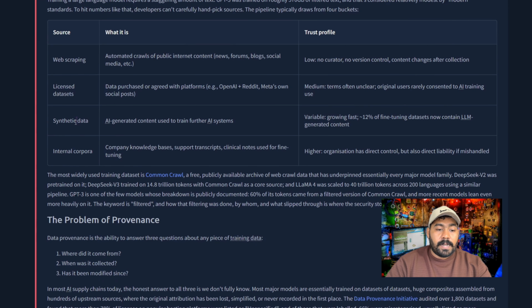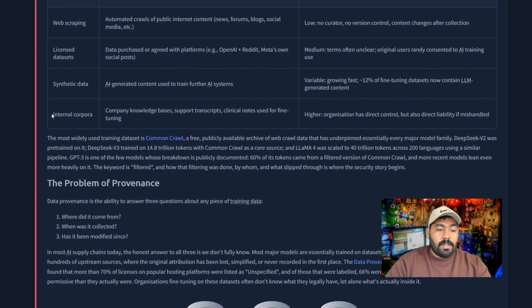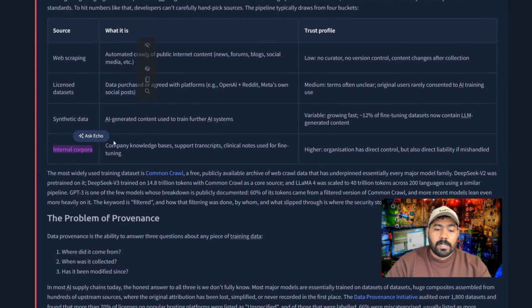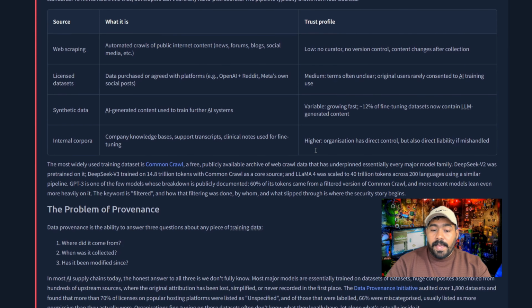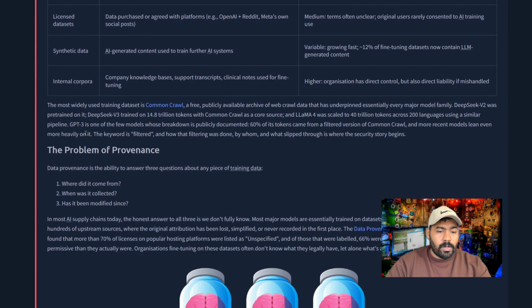Next one is synthetic data: AI-generated content used to train further AI systems. How much can we trust it? It's variable, and growing fast, with 12% of fine-tuning datasets now containing LLM-generated content. The final one is internal corpora: company knowledge bases, support transcripts, clinical notes used for fine-tuning. The trust is higher. Organizations have direct control but also direct liability if it is mishandled. Now the room tells